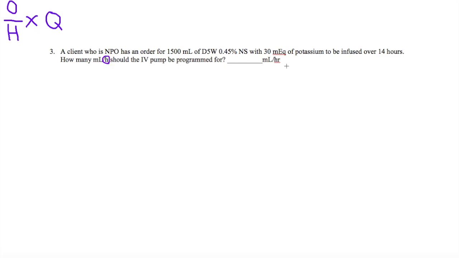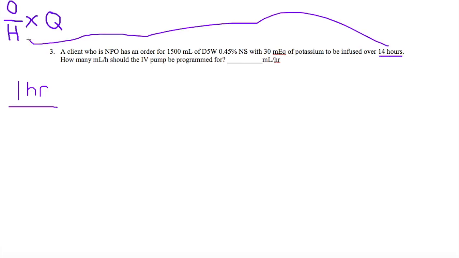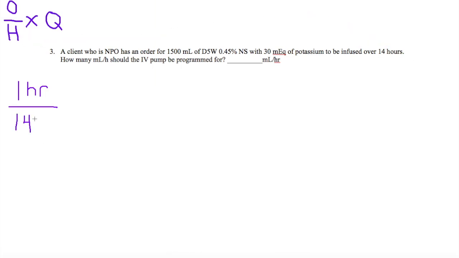Since what we have is hours, we're going to leave this one in hours. So our ordered is 1 hour. What we're desiring here is 1 hour. So we will put 1 hour, our desired, over our have, which is 14 hours. Next, we are going to multiply this by our quantity or volume, which is 1,500 mils. When we punch this into our calculator, we are going to get a total of